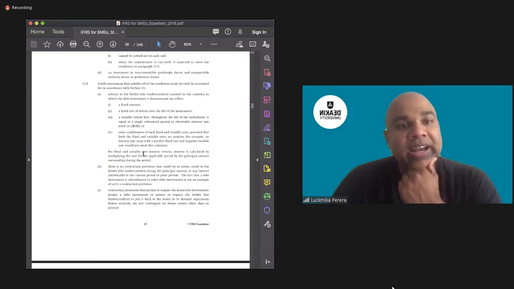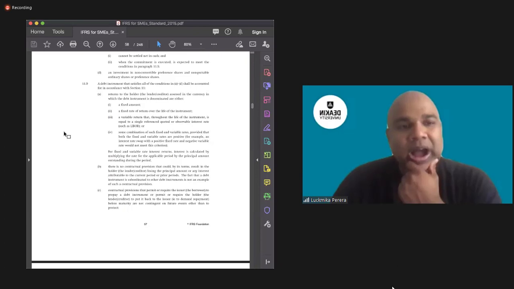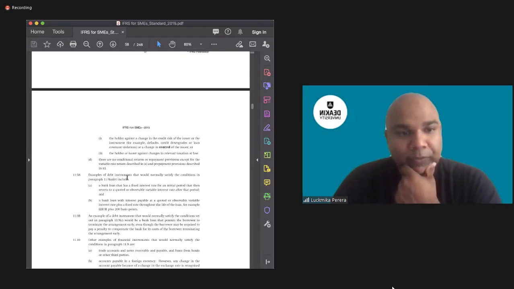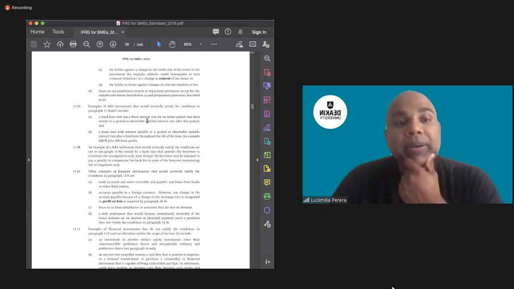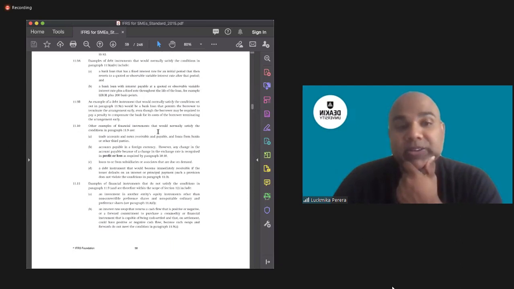So let's say a debt instrument that satisfies all of the conditions A to D shall be accounted for in accordance with Section 11. I'm not going to go into detail with each of the specifics because again, this is an overview. An example of a debt instrument that would normally satisfy the conditions in paragraph 11.9 includes a bank loan that has a fixed interest rate, bank loans with interest payable at a quoted or observable variable rate and so forth. Other examples of financial instruments that would normally satisfy the criteria are trade accounts, notes,